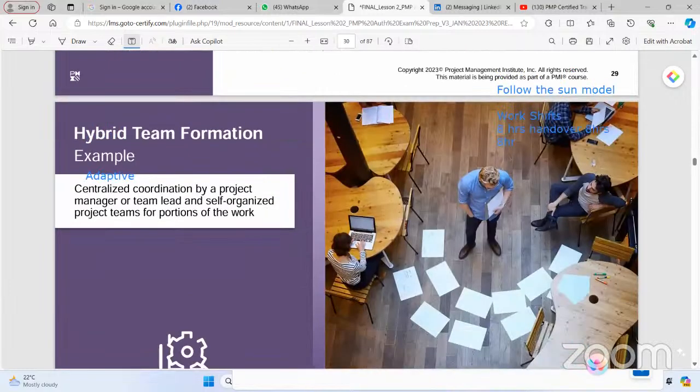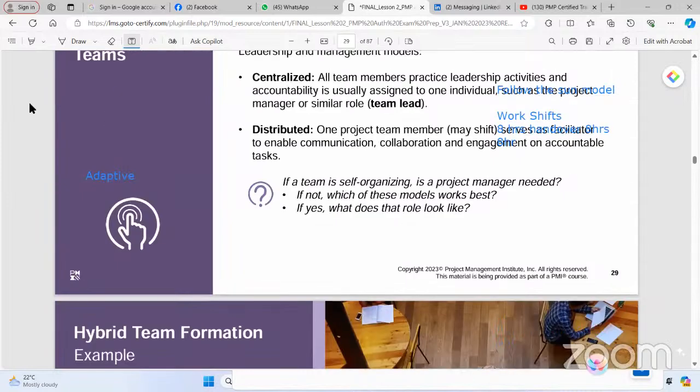Okay. There are interesting questions here. Let's brainstorm these questions, because I can see there is a very interesting question: if this team is self-organizing, do we need a project manager? Do we really need a PM? Yes, Danish. Okay, so I guess they don't need a project manager, as you said, as per the